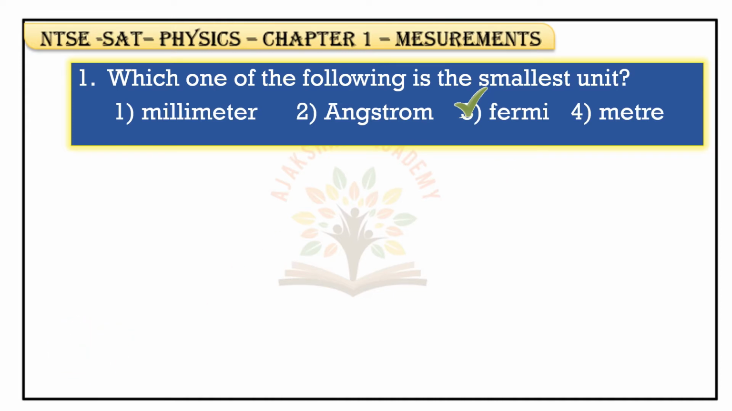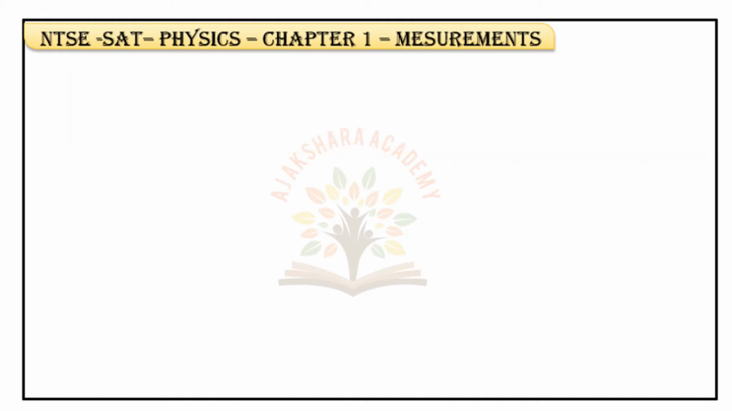1 Fermi is equal to 10 to the power of minus 15 meters. Okay, so Fermi is the smallest unit. Next,